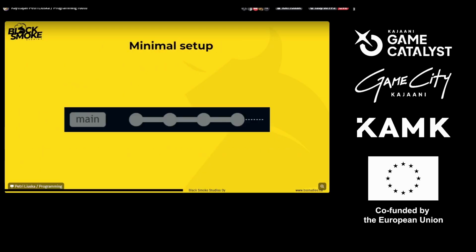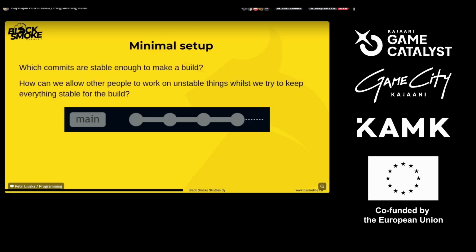But let's get back down to our minimal setup. So how do I know which commits are stable enough to make a build? Yeah, you could write commit messages that state something about that, but that's not that practical sounding. And how can we allow other people to work on unstable things whilst we try to stabilize for the build? Yeah, we could tell them, just don't commit anything now, just work locally. Now we are trying to stabilize the build. No one commit anything, but that's not very